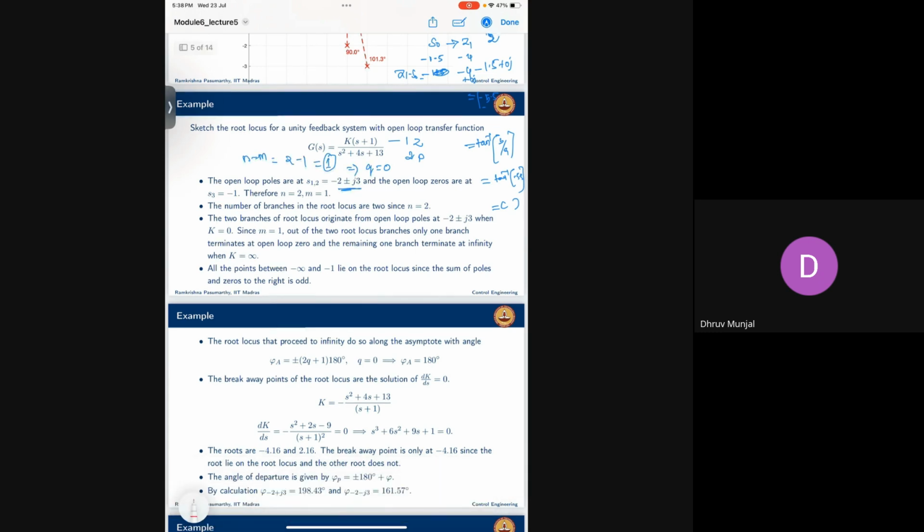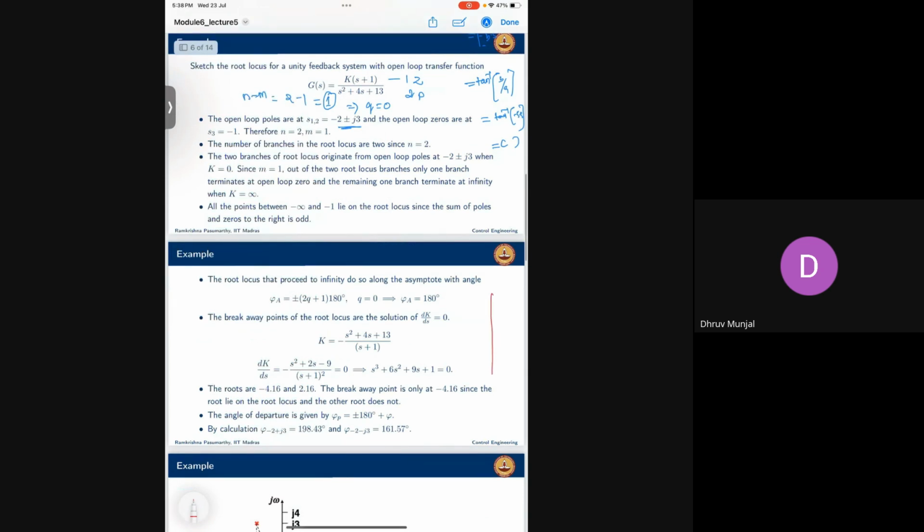Now, the first rule, what is the first rule? Just locate the poles and zeros of your system. Your zero is at -1, your poles are at -2 plus or minus j3. Right, -2 plus j3, -2 minus j3. I have located it. So if I take a test point here,